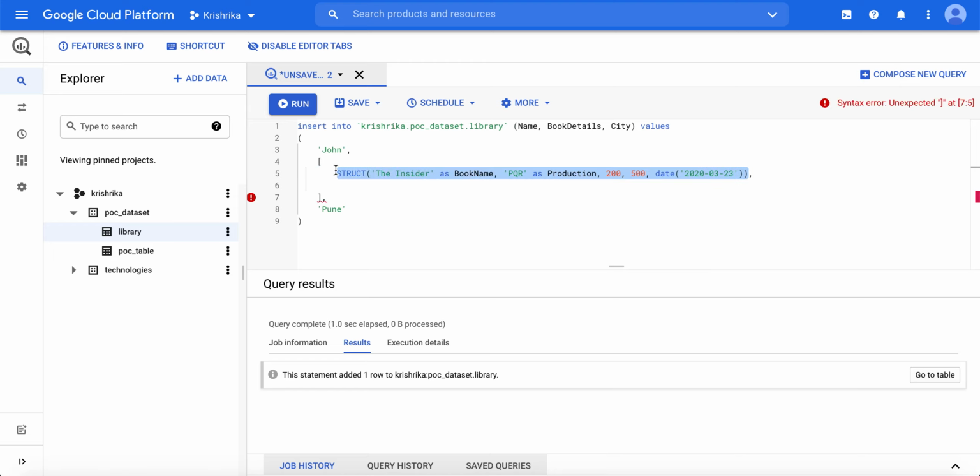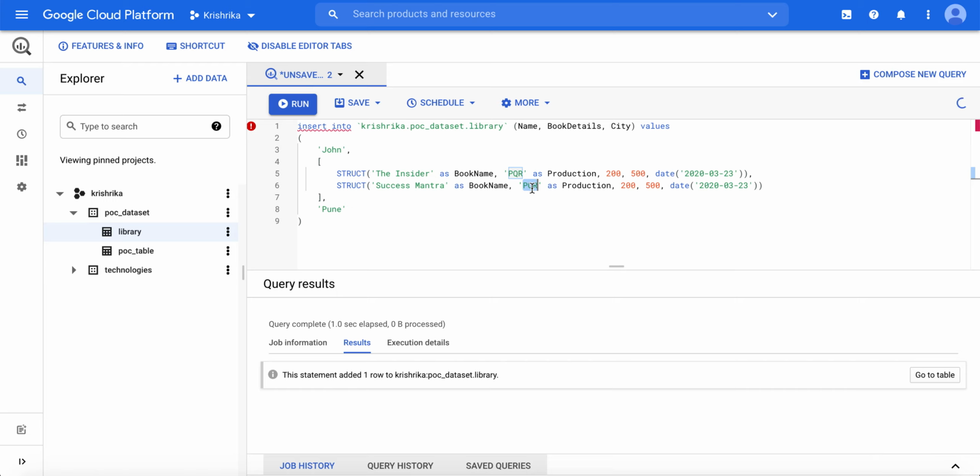And now I will have multiple books for John, so I will have Success Mantra. Then we can have production name 1 and 1000, and it can be anything.